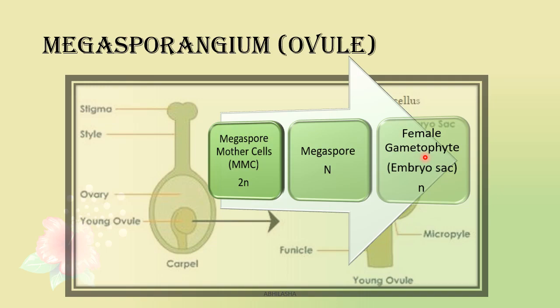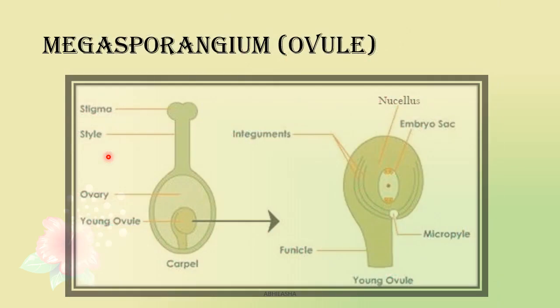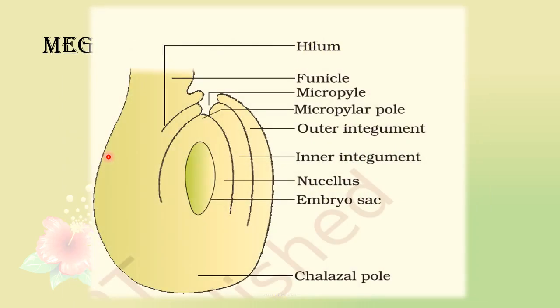Now can you see the similarities with the structure of microsporangium? Wall layers, layers for nutrition, and the microspore which develops into the male gametophyte. But there are a few very important differences, the most significant being number. In microsporangium, the number of microspores was huge, in thousands, but here the megaspores are less in number, usually one, sometimes it may be 3 or 4. Now let's study the detailed structure.